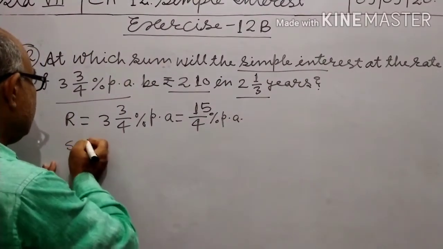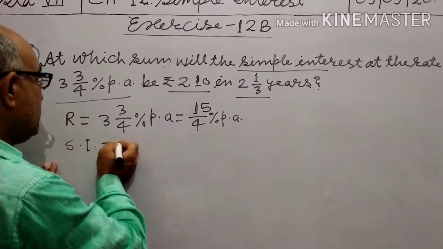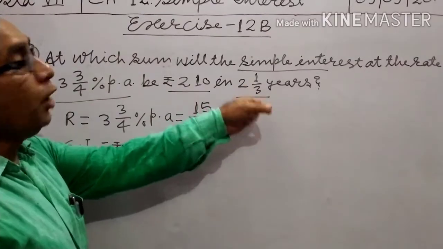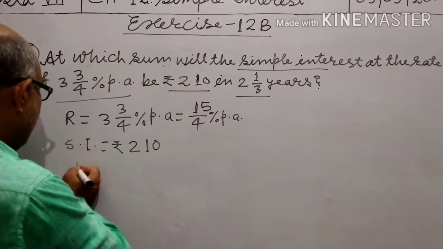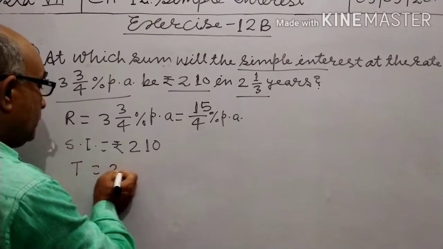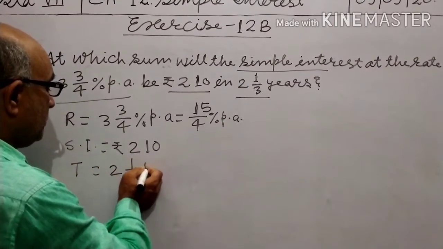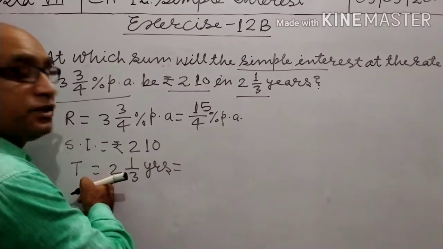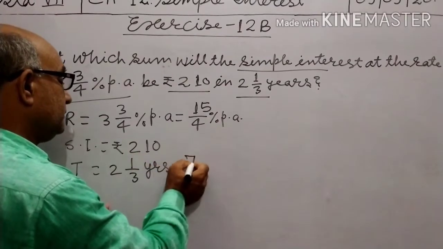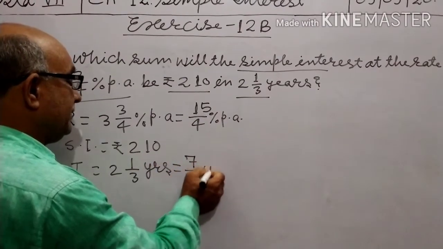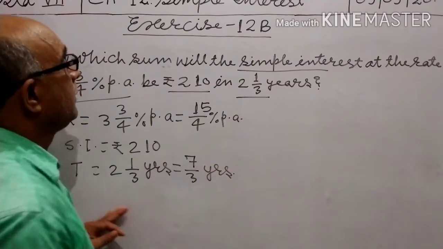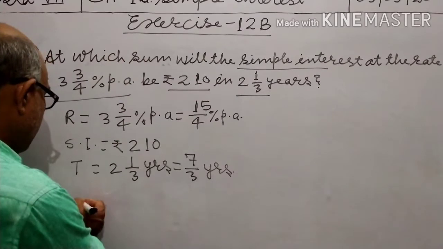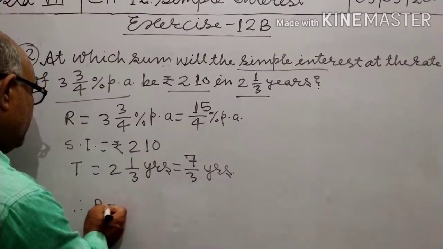So SI equal to rupees 210 in 2 whole 1 by 3 years. So time, 2 whole 1 by 3 years. That means 2 3s are 6 plus 1, 7 by 3 years. So find at which sum, principal. Therefore P equal to